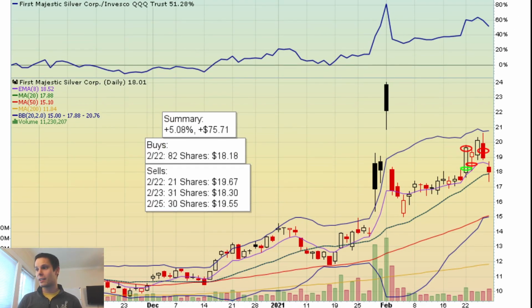Next we have AG. This was a 5% gain for me. Really nice trade in a tough environment. Bought on the 22nd here, as you can see, a couple of daily highs formed that pivot right through there. That's where I bought, came out on volume, sold some into strength that same day, booked the profit, and then stopped out a little bit as I moved my stop up, a partial stop up above my entry, got stopped there, and then